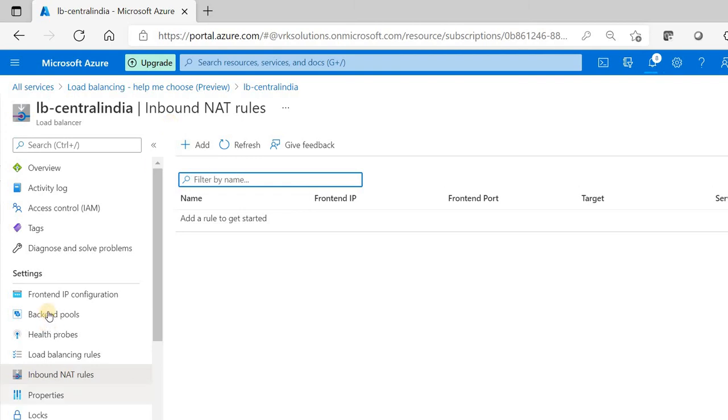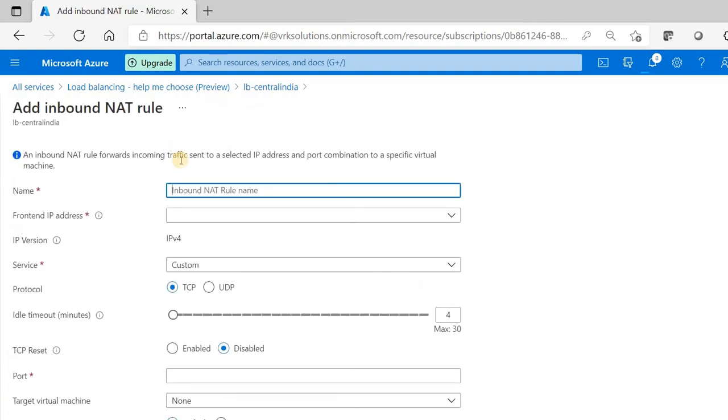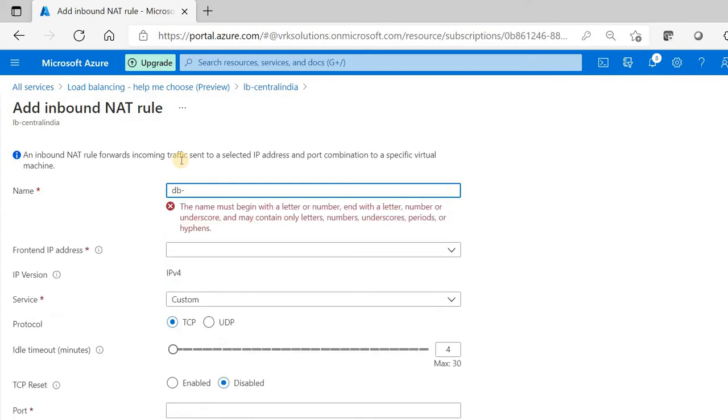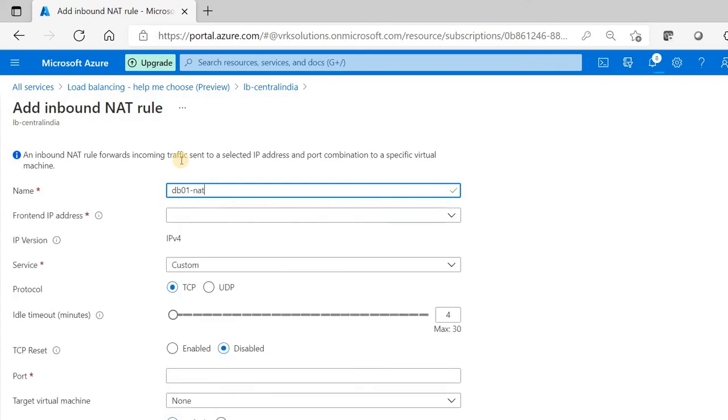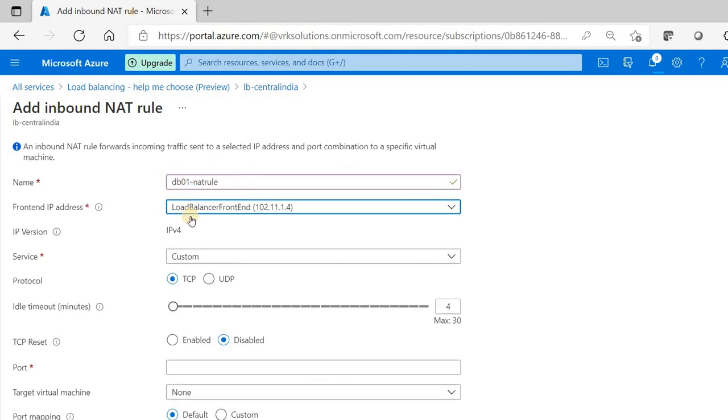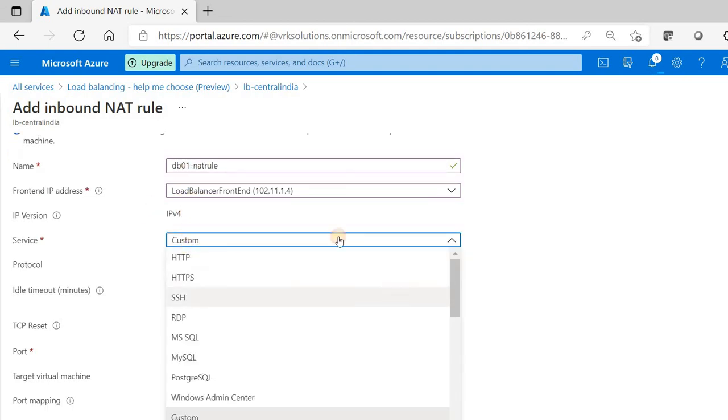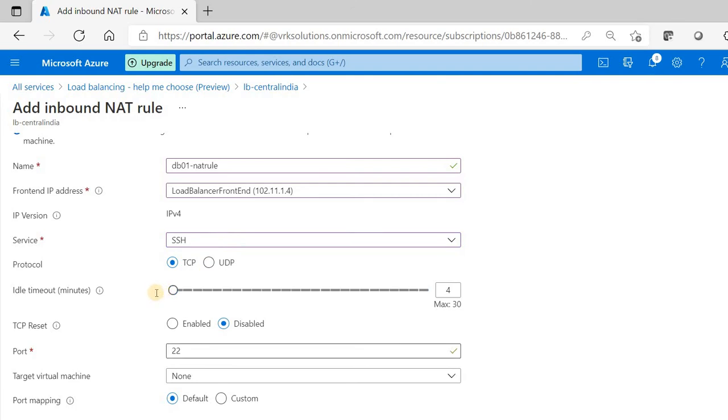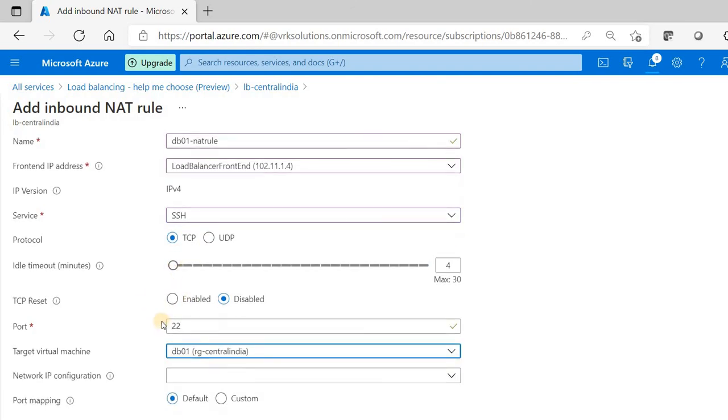So how do I do it? I go inside the load balancer under the inbound NAT rules. Let me add a NAT rule, that is DB01 NAT rule. From the front end, when a request comes from SSH, that is port 22, the target machine should be DB01.